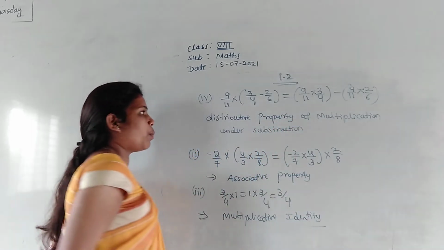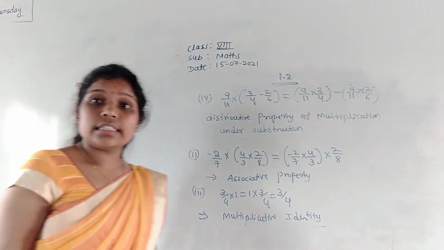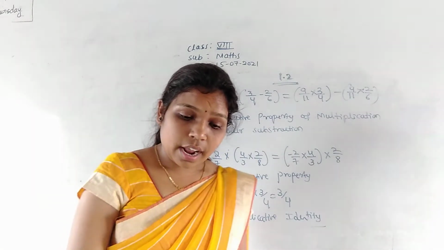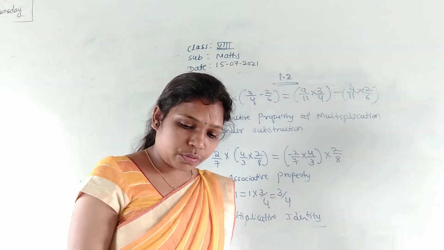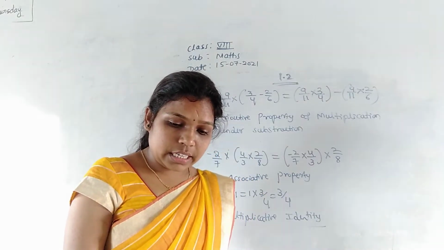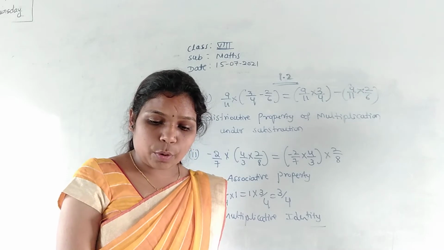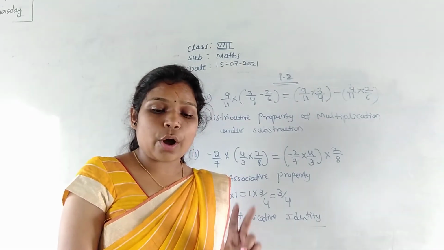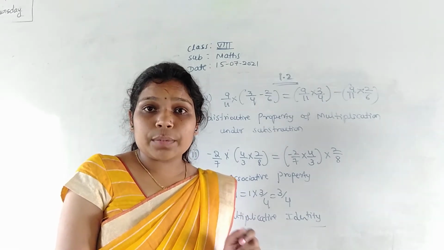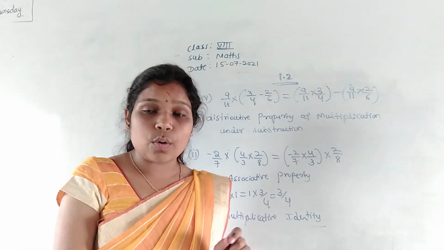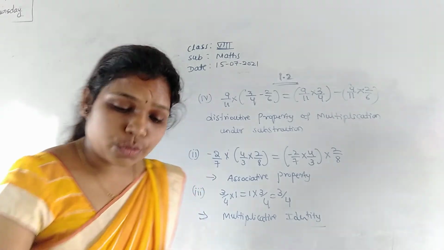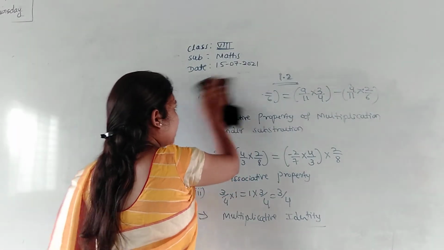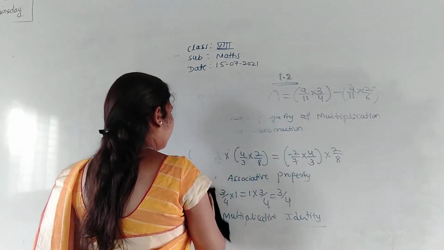Okay, that is the distributive property of multiplication over subtraction. So the first main is completed, and what is the second main here? For each of the following, verify the closure property and the commutative property of multiplication. They have given just two rational numbers here. You have to check whether the closure property as well as the commutative property holds good or not. So check for the closure as well as the commutative property. They have given two rational numbers here in the second main.